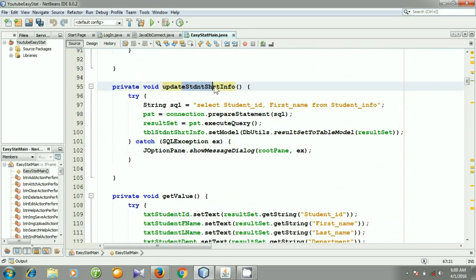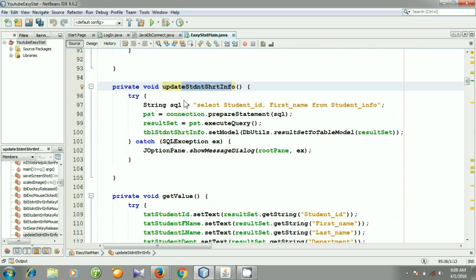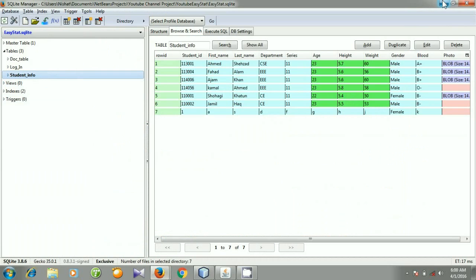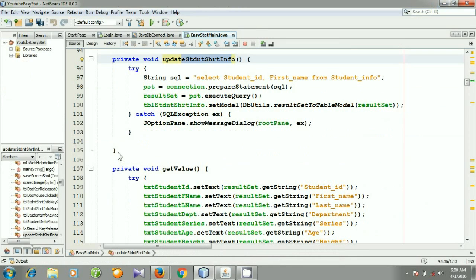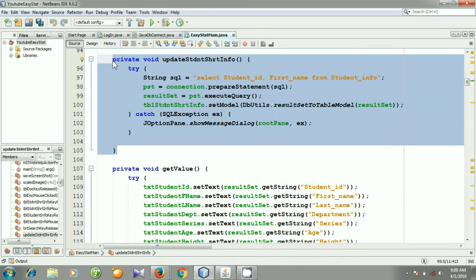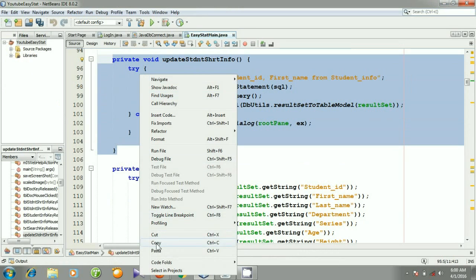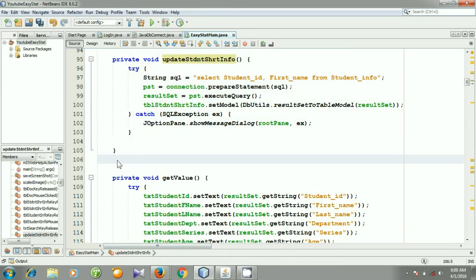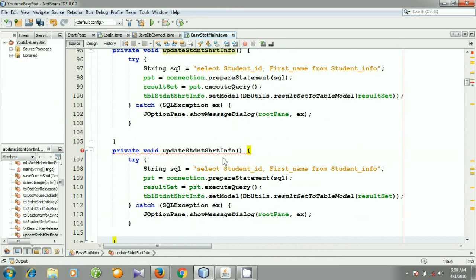Here is the method for showing the entries from our student info table. So I am going to copy the method, and then paste it here, and this time I am writing update doc.